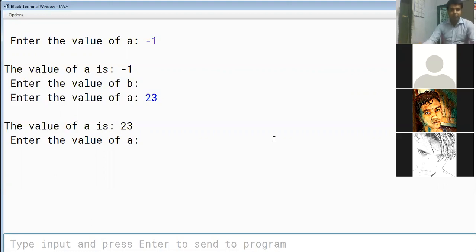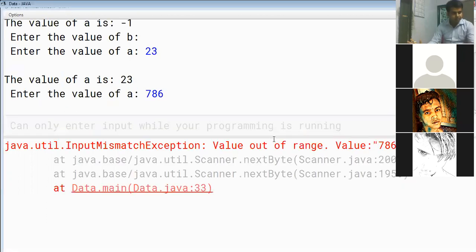Now I'll go for a little bigger number. I'll go with, let's say, 786, a 3-digit number. Error. That means the byte data type cannot accept a 3-digit number.